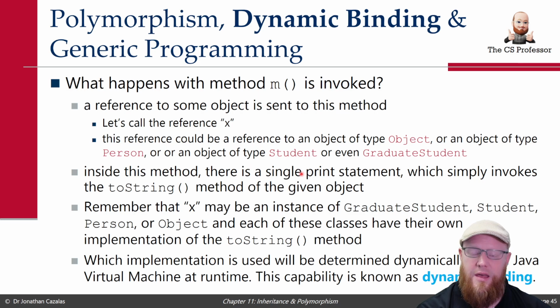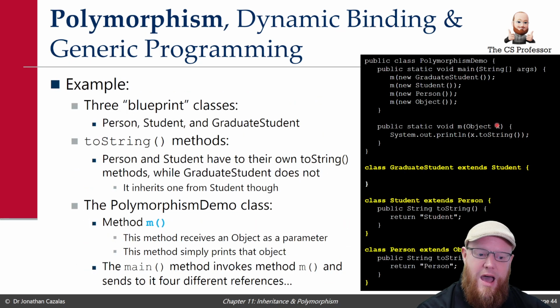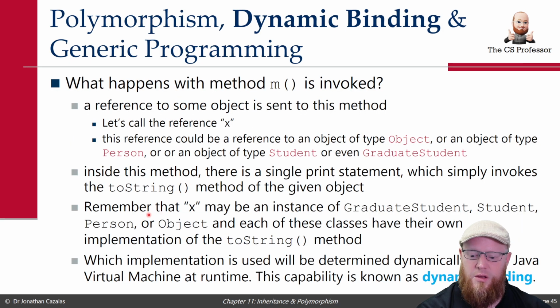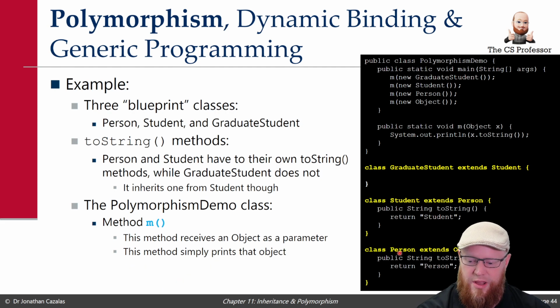Inside this method, there's a single print statement, which invokes the toString method of the given object that was sent over. So remembering that X may be an instance of graduate student, or student, or person, or object, and remembering that each one of those classes may perhaps have their own unique overridden toString,